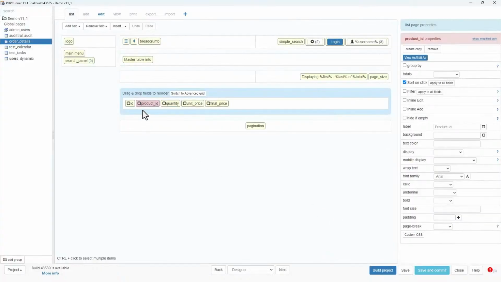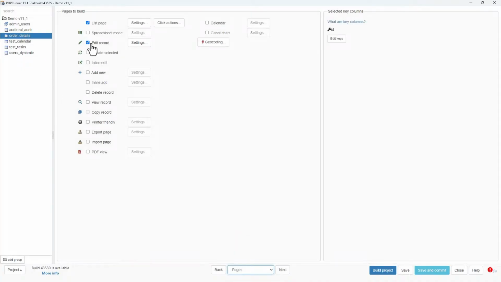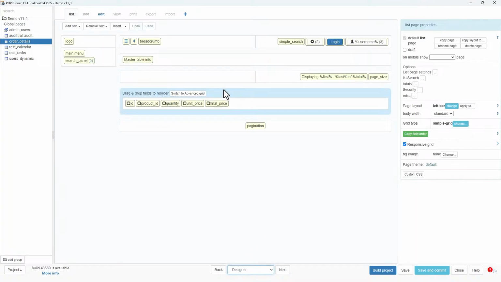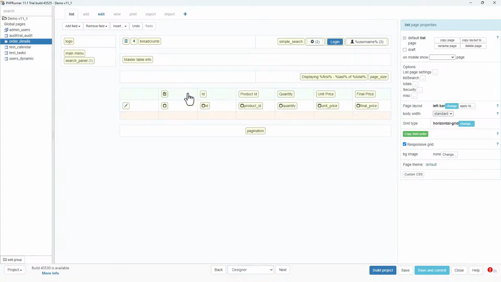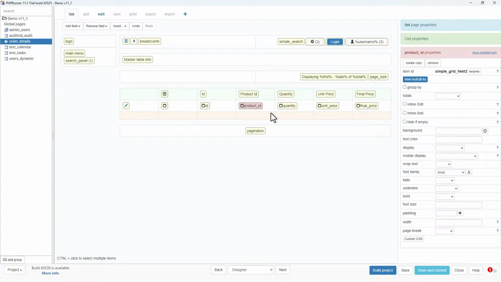Okay, I first want to see if the product is actually shown now instead of the ID. I want to see if there is an edit on the edit page. We actually can edit all the details, because that's important. We need to have an edit page. Okay, so that's good. We switch to advanced mode, switch to advanced grid. You'll see the little edit icon over here. That means that we can edit the product ID or that row or that record.